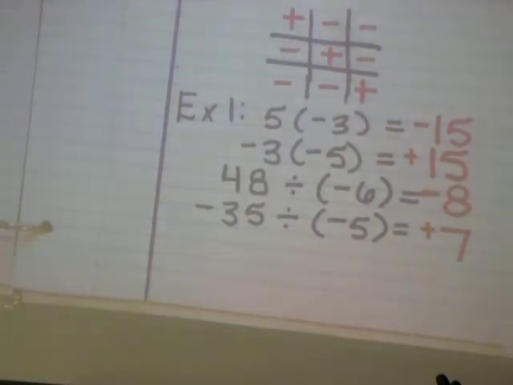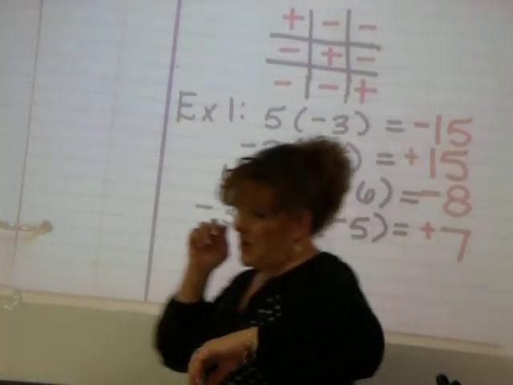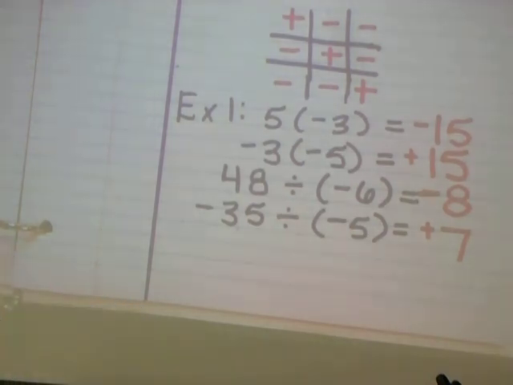So basically, ignore the signs, do the math, and then go back and look at the signs. If the signs are the same, it's a positive answer. If the signs are different, it's a negative answer. Any questions? You do have some word problems on this practice sheet as well to see